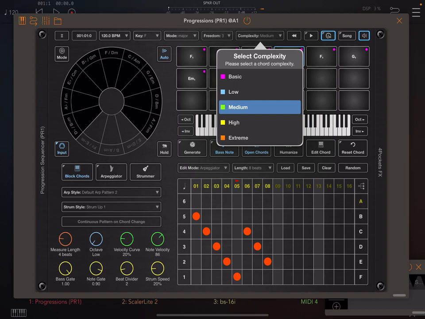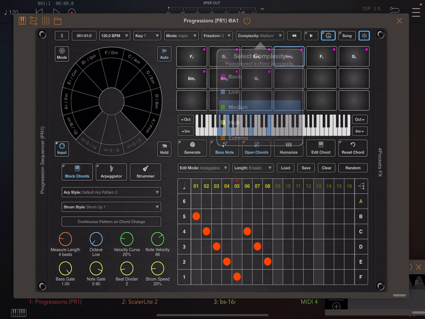The basic level being the purple color, meaning triads, simple triads. The extreme would be 13th chords, major ninth, flat five, all these sort of complex things that you might encounter in jazz or classical, things like that. And so let me just give you a quick view of what it looks like in this page right here in this little panel. So if I go F1,